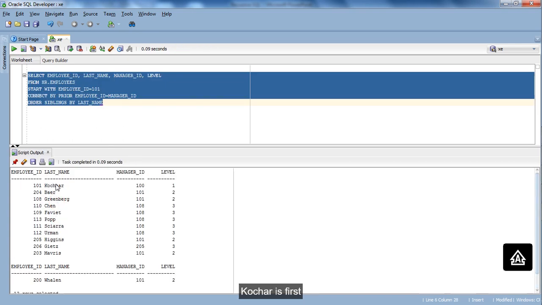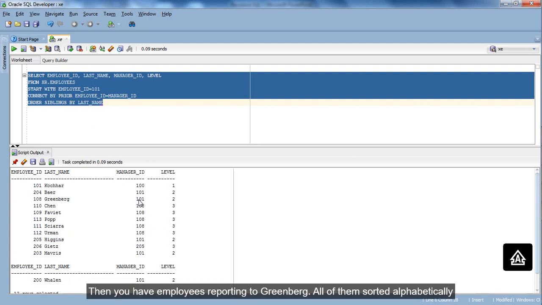Kochar is first. Next is Baer and then Greenberg. Then you have employees reporting to Greenberg, all of them sorted alphabetically. Looks good.